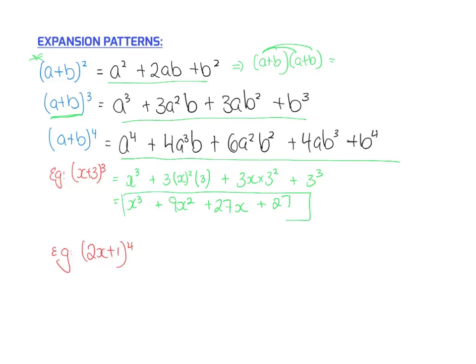Okay, so just following that pattern. Here with the fourth one, so